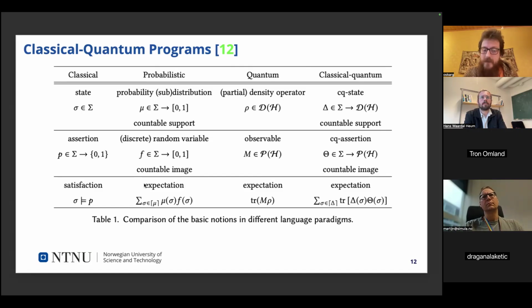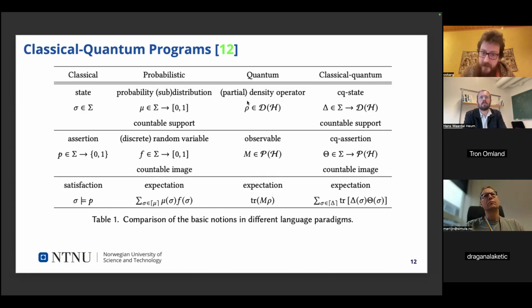And because of this, they use an expectation-based logic instead, where before you wanted assertions to be functions from states to the set of 1 or 0, but here instead it's a function from 0 to 1, and then you can sum up those and compare the sum at the beginning and at the end, to prove these quantum Hoare triples.